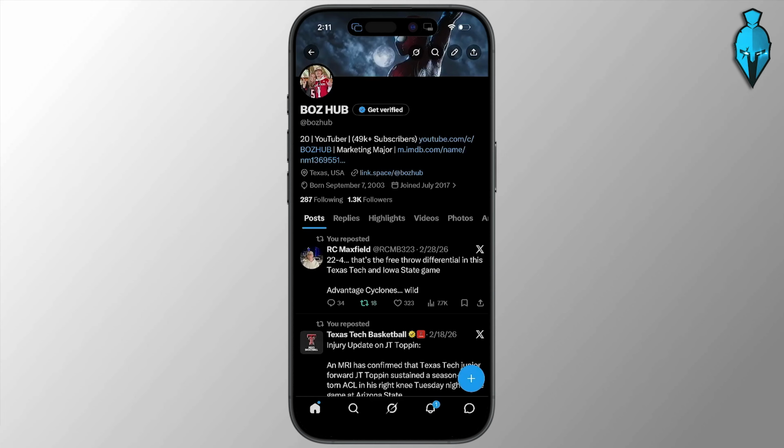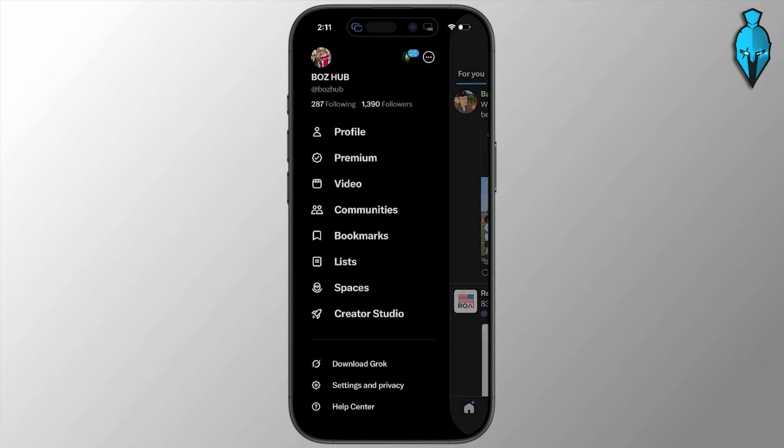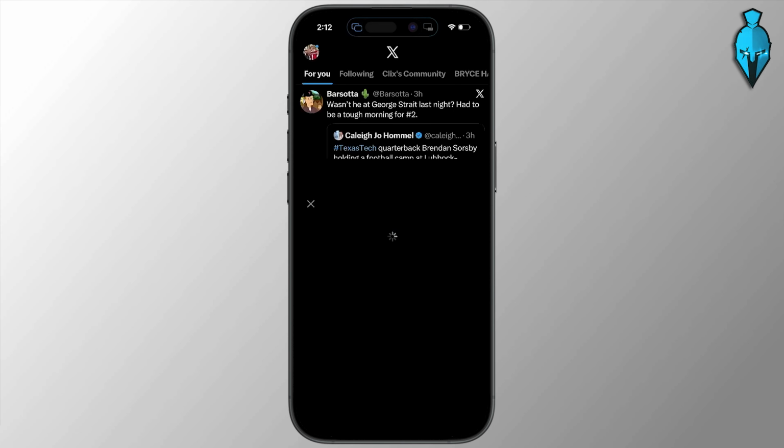But first things first, what you need to go ahead and do is open up the X app and tap on your profile icon up in the top left and essentially go to your profile page. But instead of going to the profile page itself, instead hit premium. Now, if you have an active premium subscription, you'll see a cancel subscription option on here as soon as it loads. You could just tap it and confirm, but you can also do this by, and I'm just going to